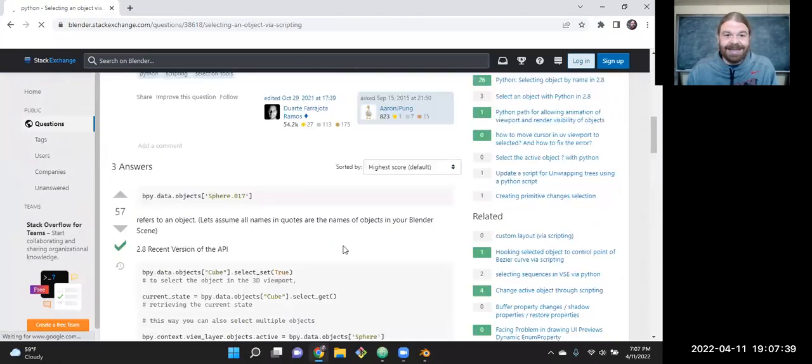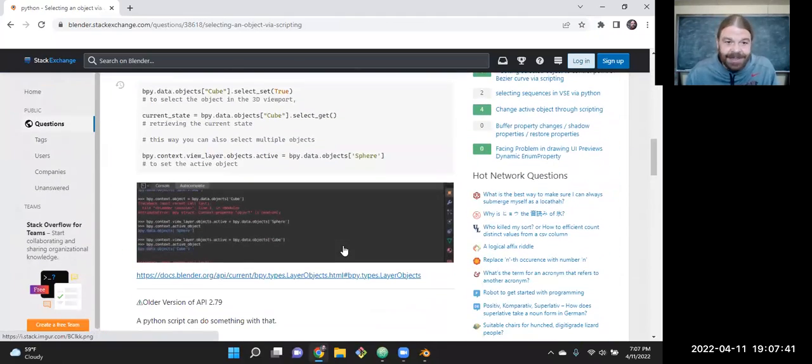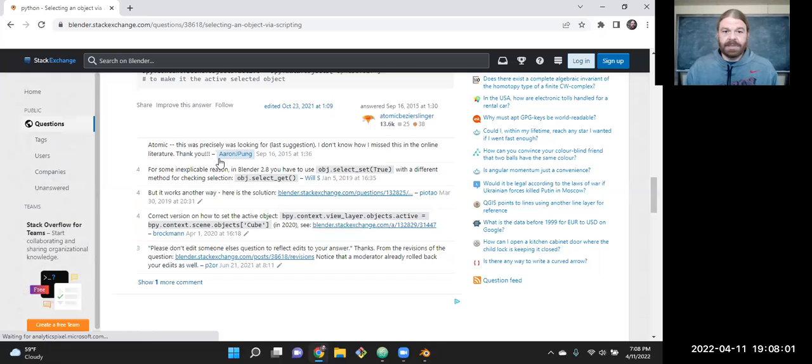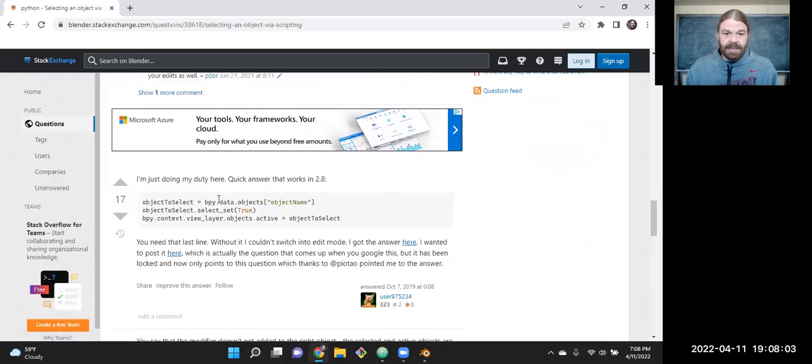Jump over to Stack Overflow or whichever one I'm on. There we go. bpy objects, they have a name. And notice that bpy.objects is a list of items with tags.